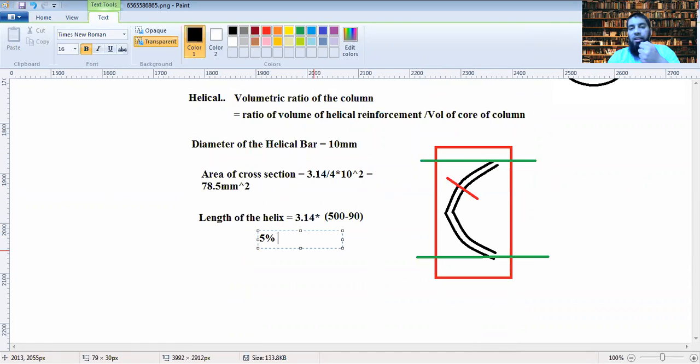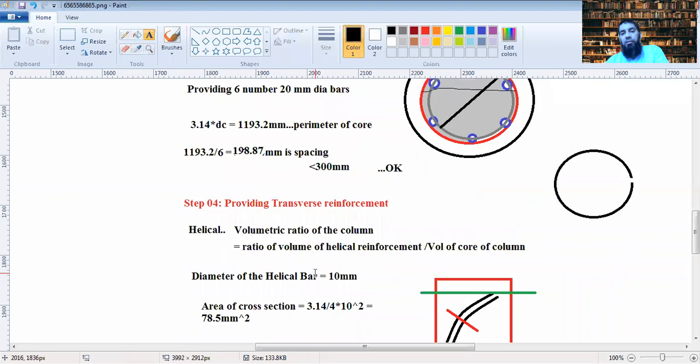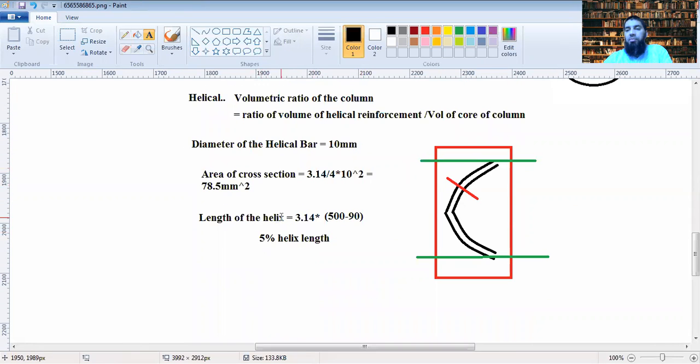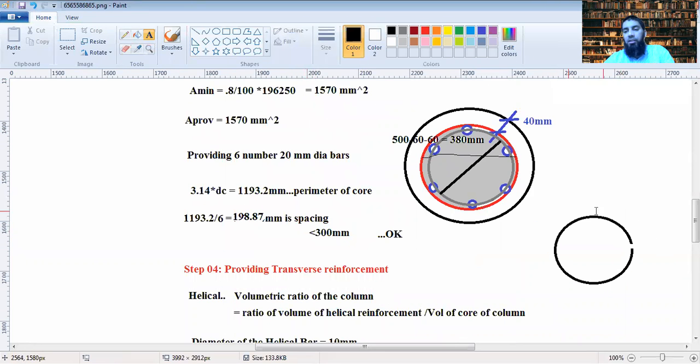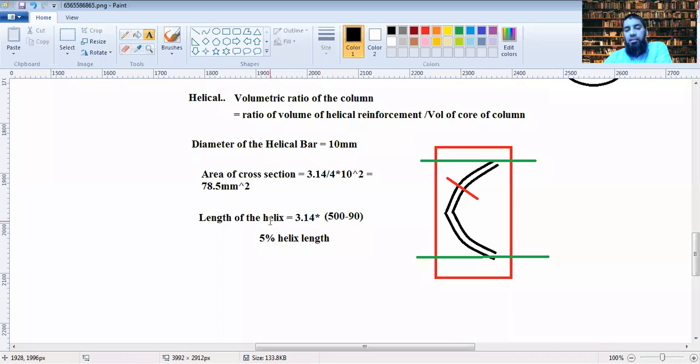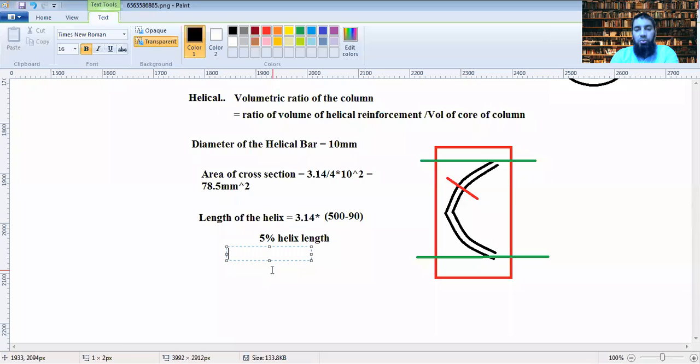You require 5% more helix length to determine the length of the helix. Otherwise, you could just assume that it's equal to the circumference, which is not actually true. It's actually around 5% more than that. So if you assume it's 5% more, then the actual length would be,